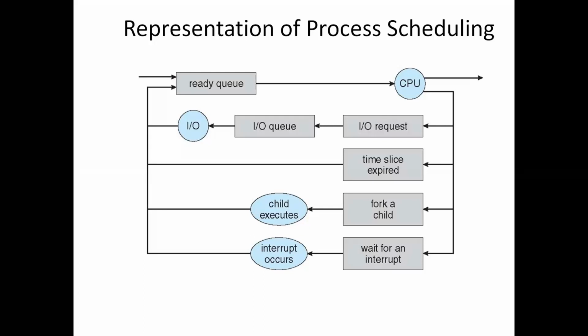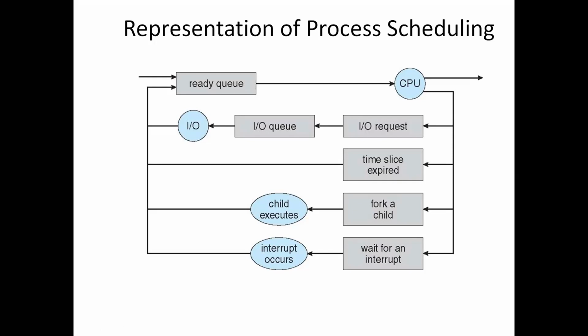Here a new process is initially put into the ready queue. The ready queue will consist of the new process, and it waits there until it is selected for execution. That means until a processor is assigned, it will be in the ready queue. Once the processor is assigned, it will be shifted to the CPU. Once the process is assigned the CPU, it will start executing. Then it waits for different events to occur. It can execute an IO request, and at that time it will be placed in the IO queue.